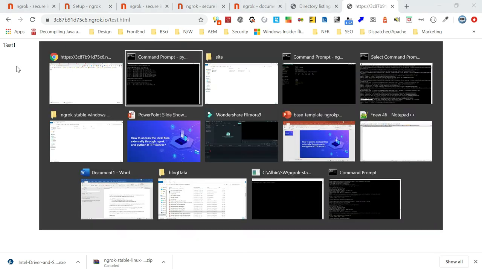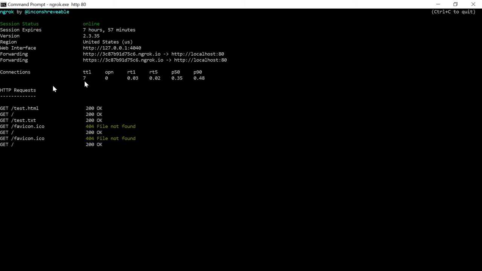Now we covered both the scenarios. In the first scenario, we are sharing regular files, either PDF or text file or any files, through the Python HTTP server and ngrok. The second scenario is we share a simple website through the Python HTTP server and ngrok. Another scenario here is this web interface URL. You can monitor the traffic through this URL.